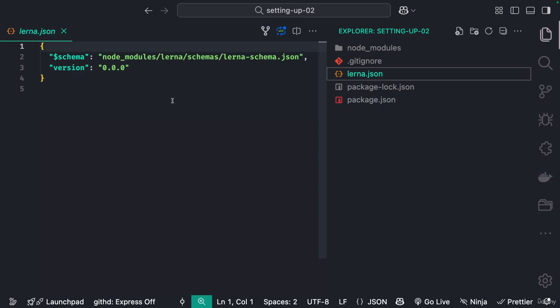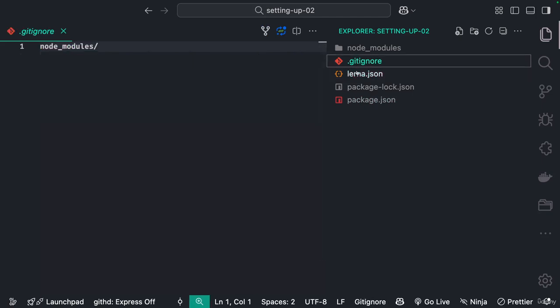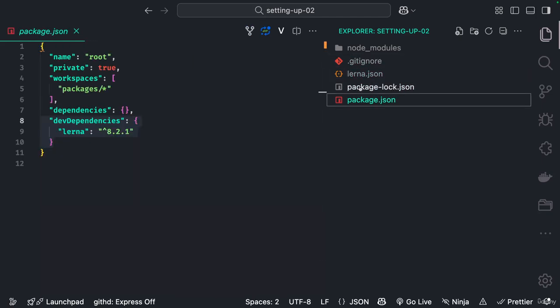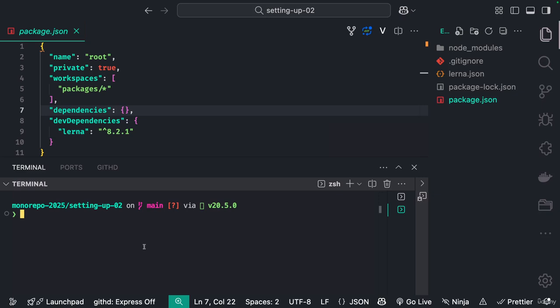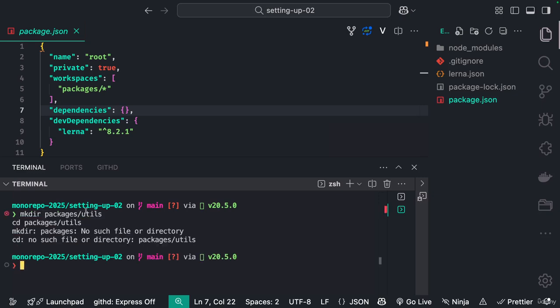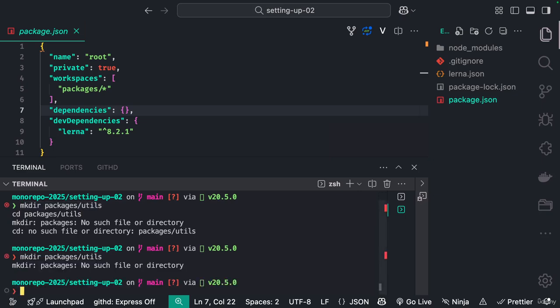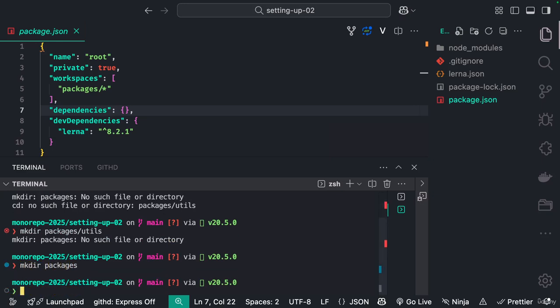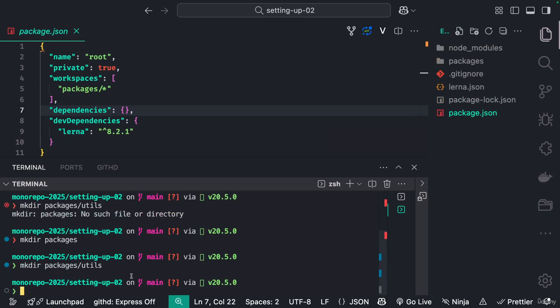This is our lerna.json. Okay, .gitignore file, package.json, and lock file. So let's create some packages. First of all, I will create utils. Let's create a packages folder, and then we will go inside that package,